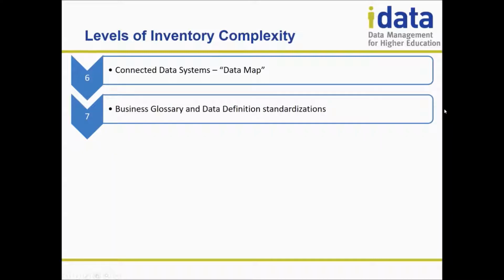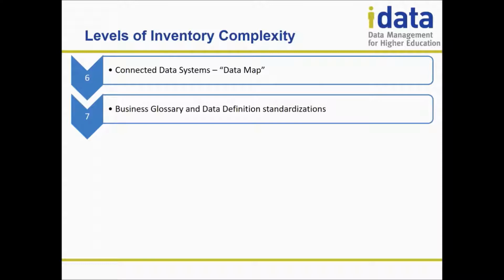Now, I mentioned definitions before in terms of an attribute in the data model, but now we're going to bring that even higher up. Like if you have at your institutions a business glossary or a data dictionary, and you have data definitions for business rules, things like active student or retention rate or aged balance receivable. Those things mean something to you in a business state. Now I've got 5 systems where someone is keeping track of my receivables. How is that aged balance or net date or whatever it might be